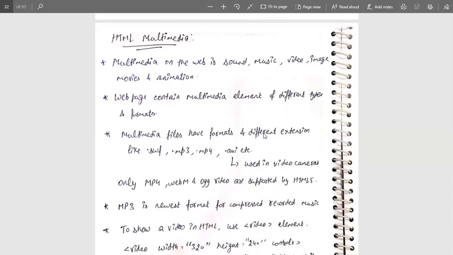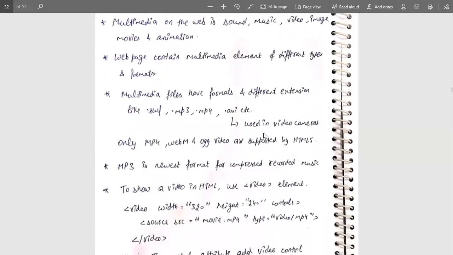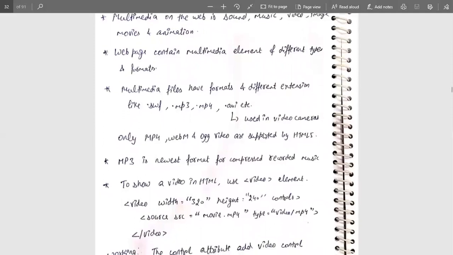So these are the different extensions and formats that multimedia files can contain. Some of them are supported by HTML5, that is MP4, WebM, and Ogg video are supported by HTML5 only.